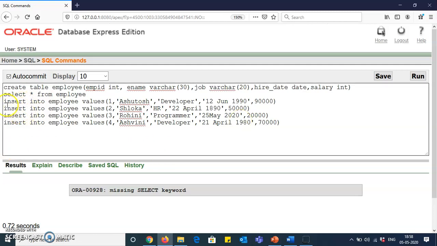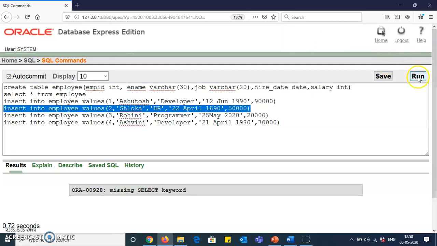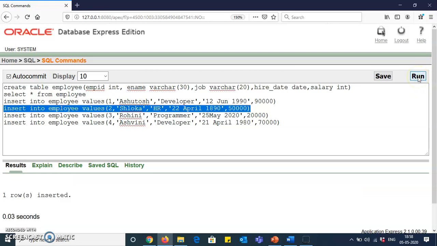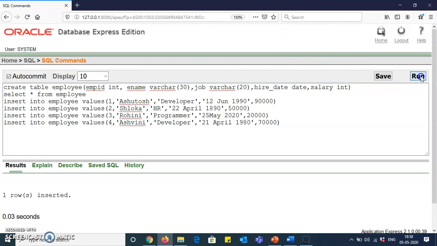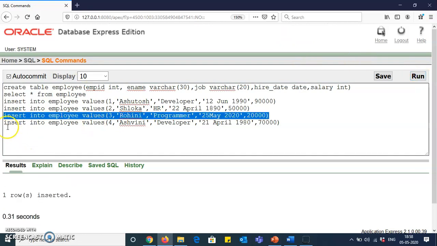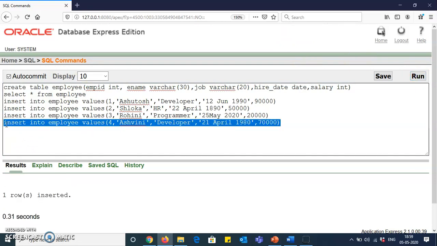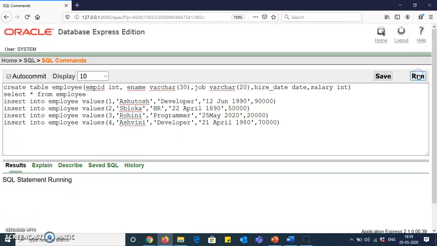I have just updated the details. Now I need to insert this. While inserting, you need to execute by selecting each statement and clicking on run. You can see one row is inserted. Similarly, if I select another statement and click on run, it will insert into my table. Similarly for the next one, if I select this and click on run, it will insert my details into my table.